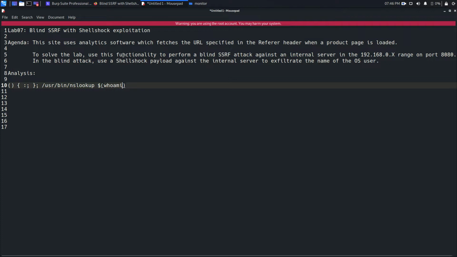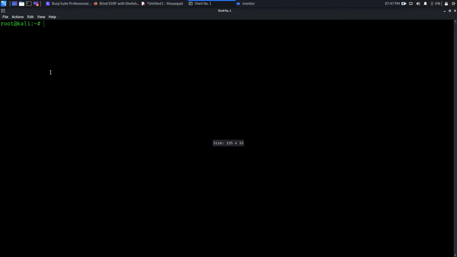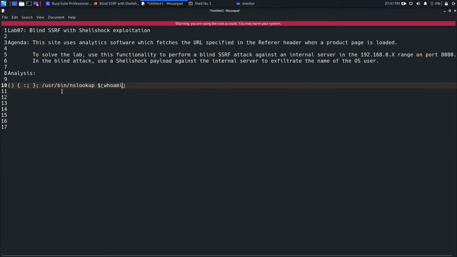You get the user with whoami. This is my terminal. If I run /usr/bin/whoami, I am root. Root is the user, right? I can also execute this command by just saying whoami. But the thing is, Shellshock is a vulnerability because you can execute commands as a privileged user. So that's why I'm going to use /usr/bin/nslookup here, and whoami, and